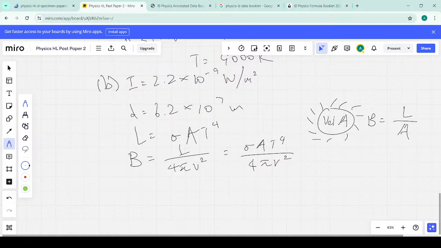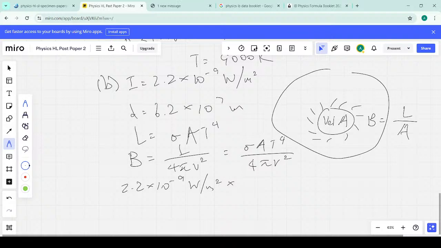Okay, yeah, so we can represent this brightness. Obviously, it needs to equal the intensity that we are seeing. And that is just going to be the brightness that we see, which is 2.2 times 10 to the negative 9 watts per meter squared times the surface area that we see, which is